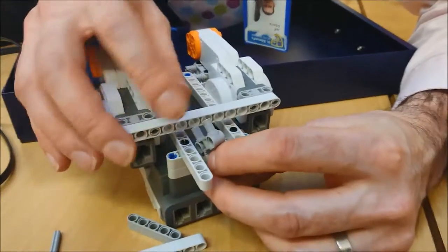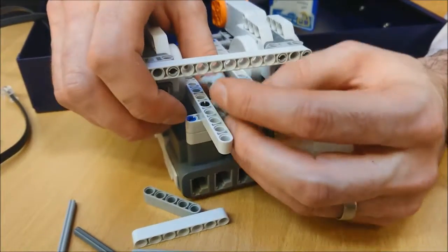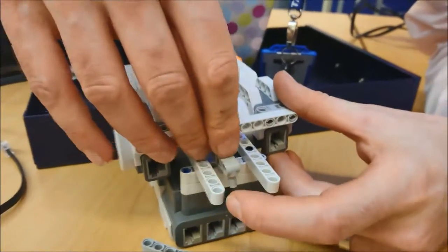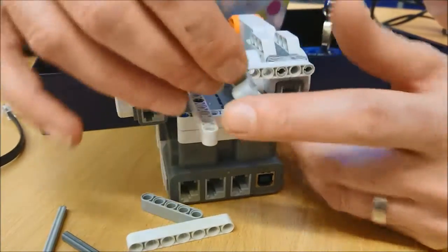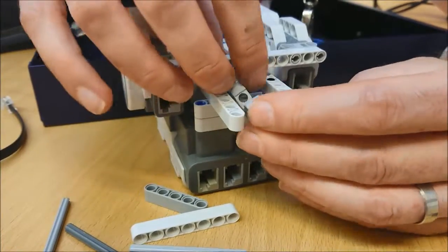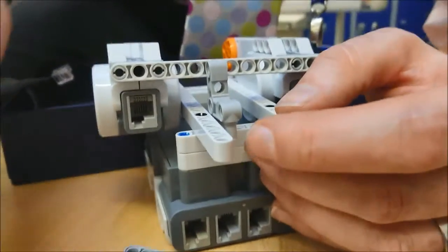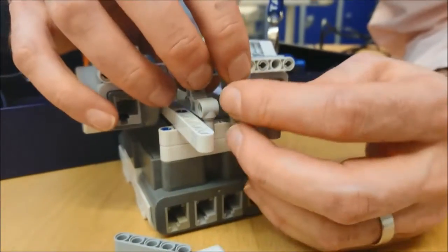It needs to go down in here. We're looking to get it to go down in here and click in. In fact, I'm just going to pull that up a little bit, because I want the top of the llama's nose to go in on both sides. It's going to go here. I'm just going to put it up a little bit. It's alright, a little bit of flex is okay. And the second one is going to go in again, similar number, it's going to go 6 in, just next to its friend,